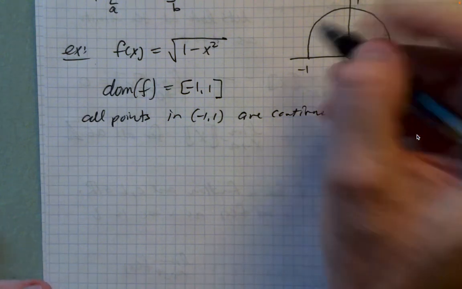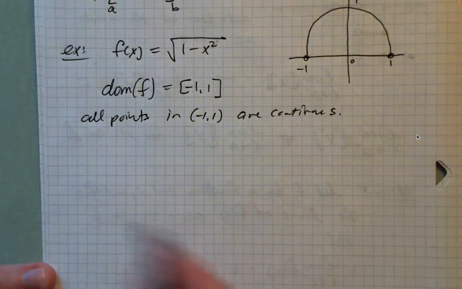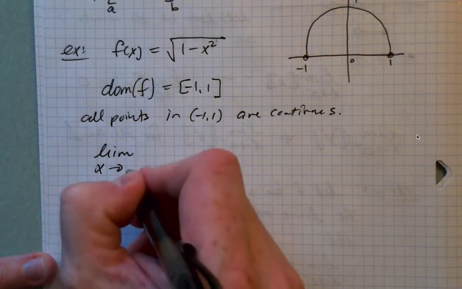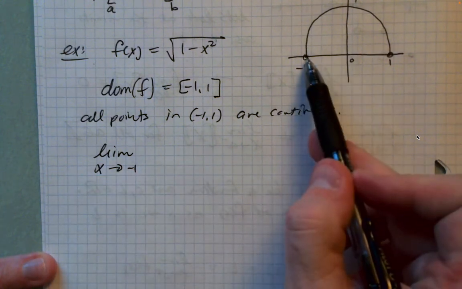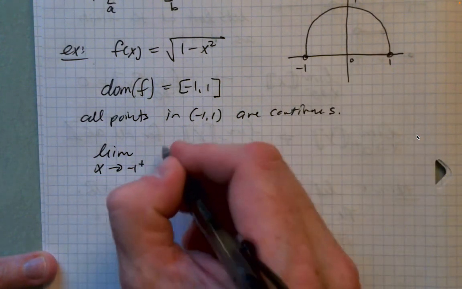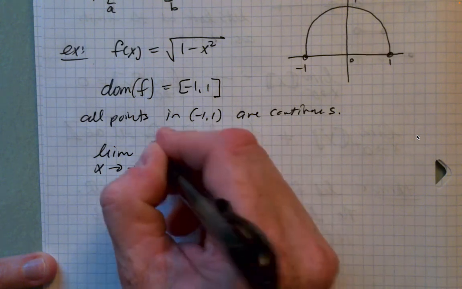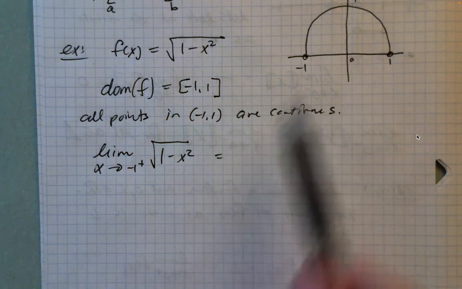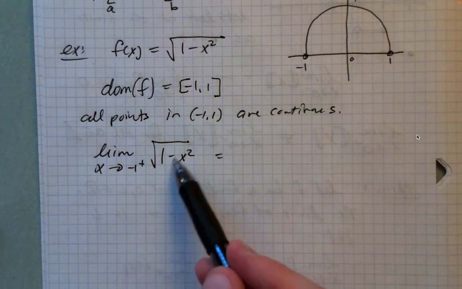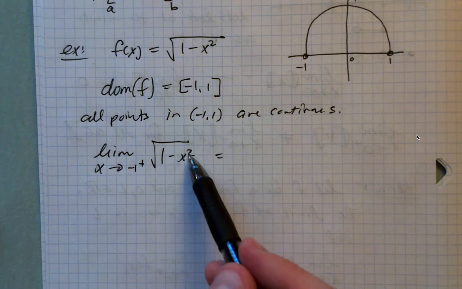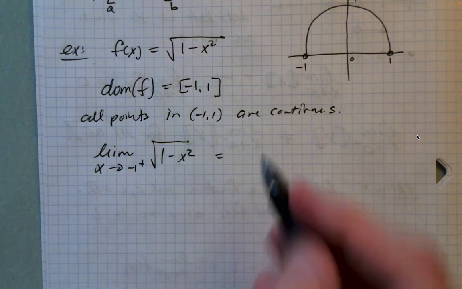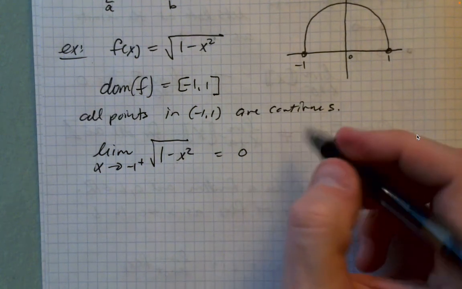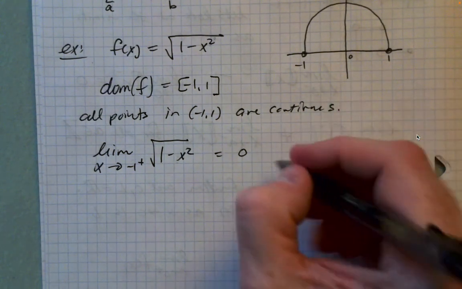Now, what can we say about the endpoints? Well, we can say that the limit as x approaches -1 from the right of the square root of 1 minus x squared, well, what's it equal to? Well, the visual would tell us it's equal to 0. Is that what we get? We plug in a -1 here. -1 squared is 1. 1 minus 1 is 0. Square root of 0 is 0. So you get a 0. That's good. That's also equal to the value of the function,